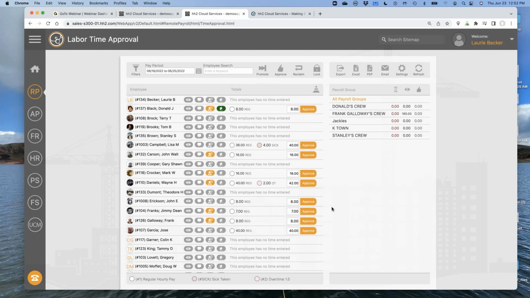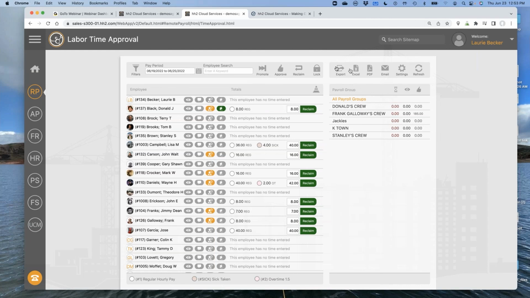Now, before I leave this screen and show the export, does anybody have any questions about the approval levels or seeing time records as an admin on the side of things? We've got about 8 minutes left, so I want to make sure we're okay there. Let's just go ahead now, and we're going to approve everybody's time, and let's talk about how the magic happens in getting these time records out of HH2 that have been approved and into your accounting system.